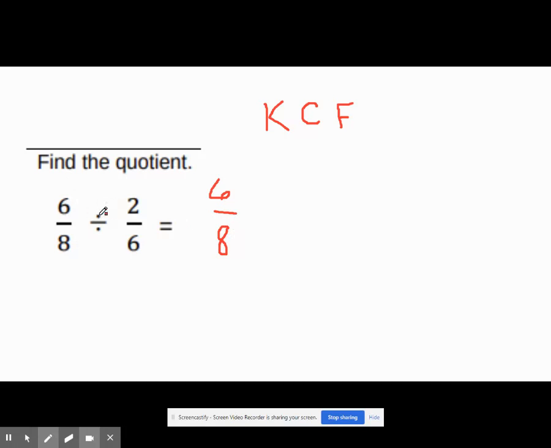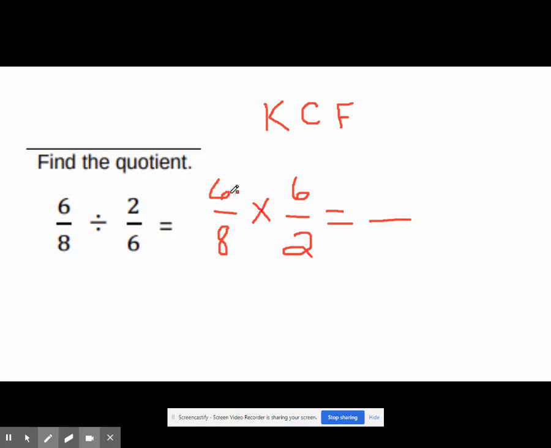We're going to change our symbol from division to multiplication. We're going to do a new operation, and then we're going to flip our second fraction. So 2/6, we're going to flip that to 6/2, or 6 halves. And now once we've done the keep, the change, and the flip, we are just going to multiply straight across